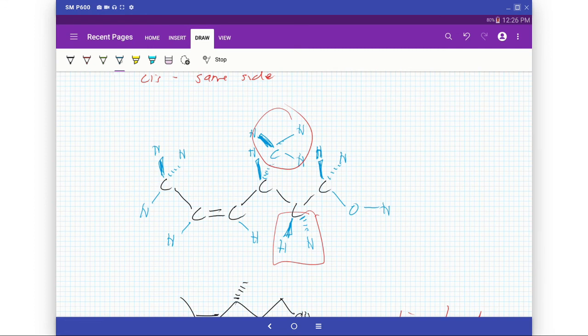So it's drawn, I'm not going to say it's drawn well, but the reason why I represented it like that is because I can take anything and, okay, I'm going to just mess around with this structure a tiny bit. Let me just delete a few things that are here. So if I wanted to, let me just see what I want to get rid of. There we go. So put a hydrogen there and put a hydrogen there. It is by convention that we put the carbon atoms on the backbone, but there's nothing stopping me from doing that. So the one that came out of the page, or I guess in this case it went back into the plane of the page that we have presented here,